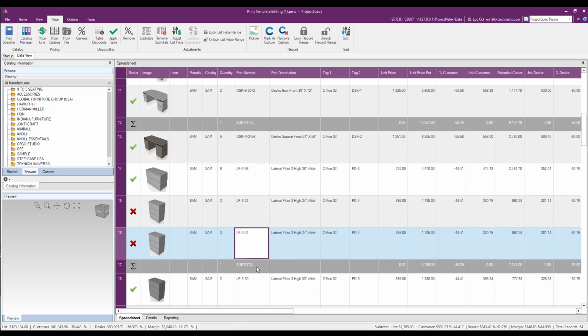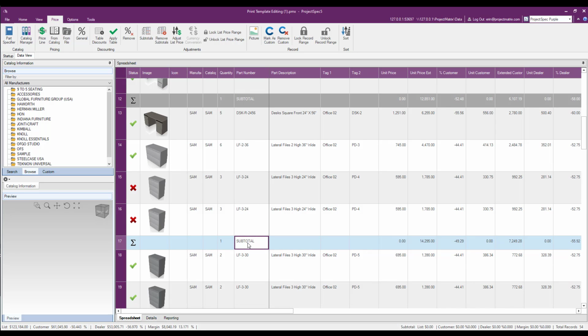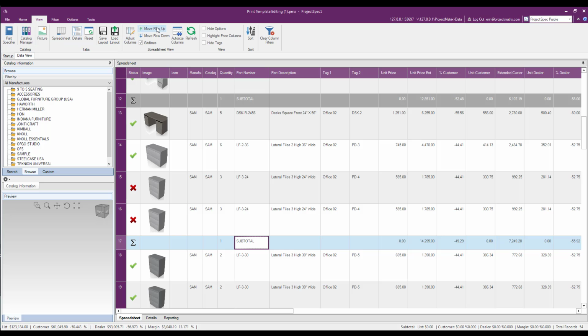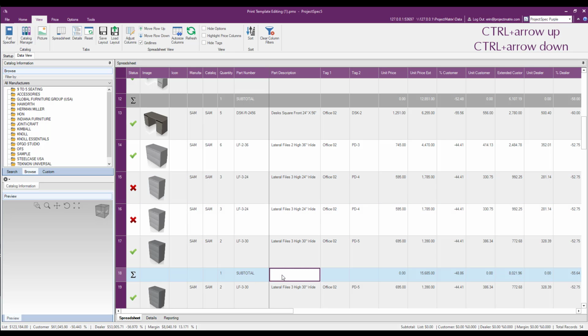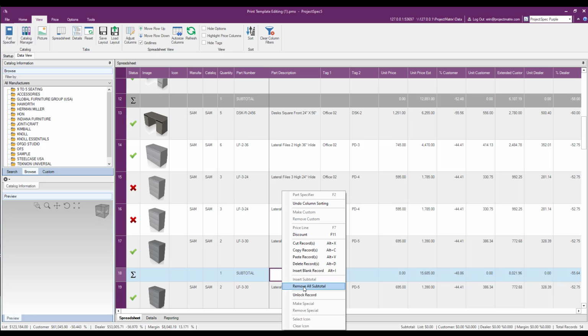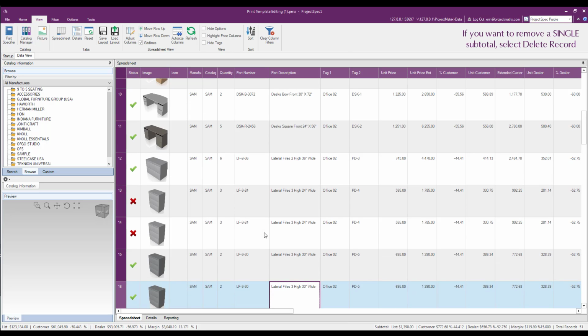If you have a manual subtotal in your spreadsheet, you can move that subtotal around as needed. To do so, go to the View tab, select the subtotal, and click Move Row Up and Move Row Down. The other way to move a subtotal or a line item up or down is by holding the Control key on your keyboard and pressing the arrow buttons up or down. To remove subtotals, you can right-click and say Remove Subtotal, or on the Price tab, click on the Remove Subtotals